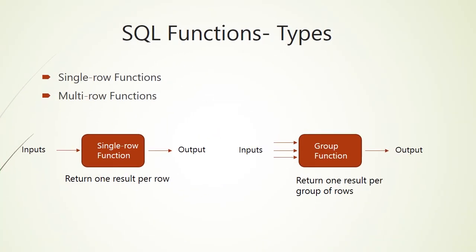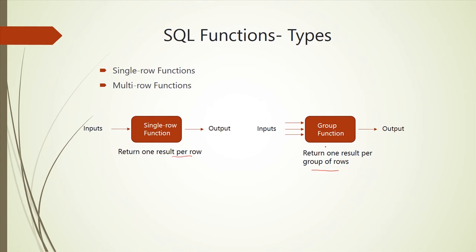SQL functions in Oracle are divided into two types. The first type is single row functions and the second type is multi-row functions. The single row functions accept inputs and return one output per each row, while the multi-row functions or group functions accept inputs and return one result per group of rows. Group functions will be discussed in chapter 7, and single row functions will be discussed in later lessons and later